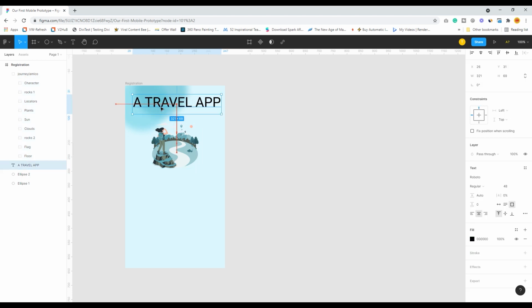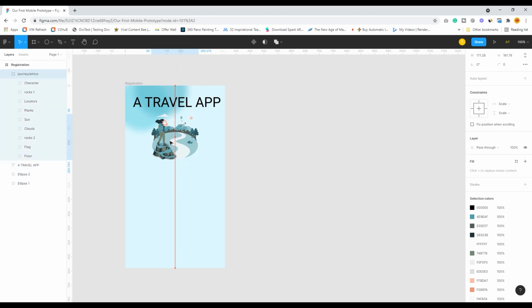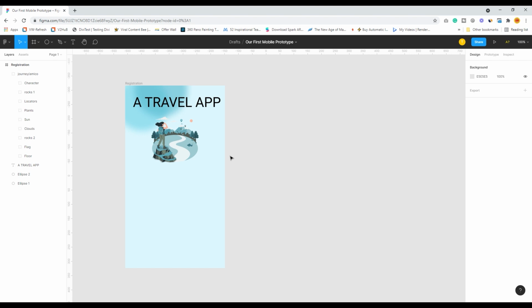And see, each and every time Figma is giving you the grid and guides to help you with your alignment and everything. See, everything has been given. This is the center of the screen, so if you want to center align a particular image, you can do that. Now it's very important to establish